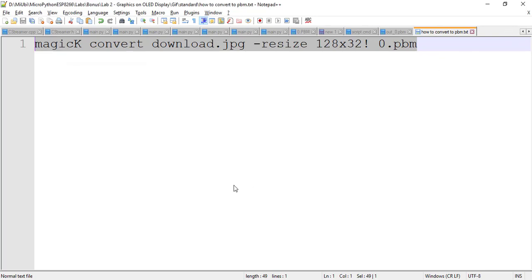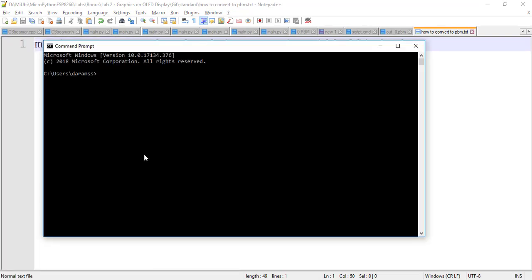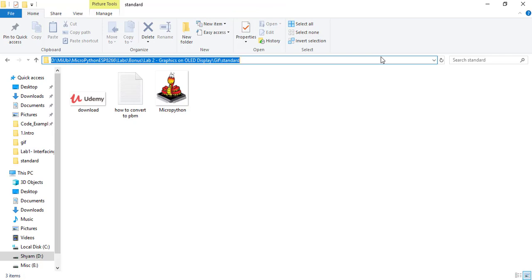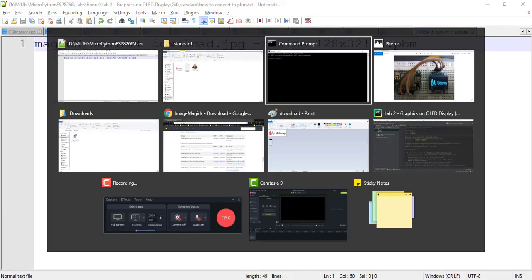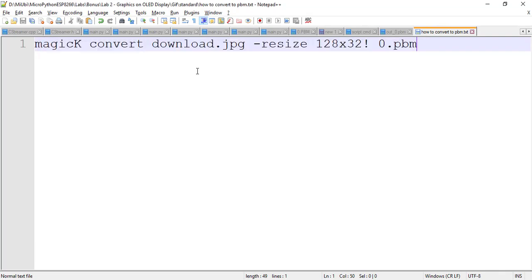Let me close my command prompt and open it again. Let me go to the location where my image is present. Copy this.